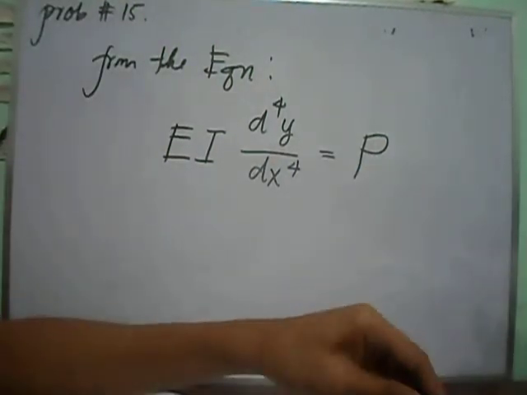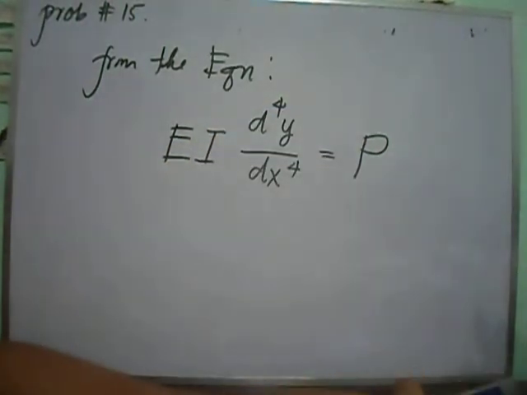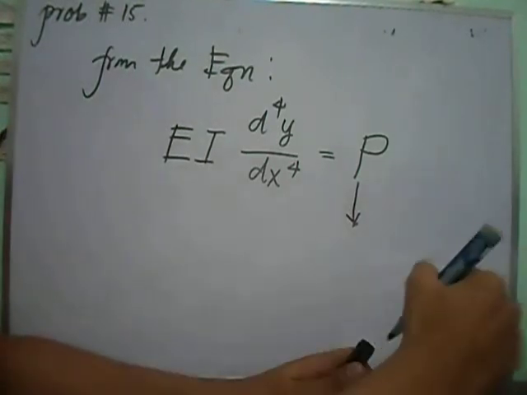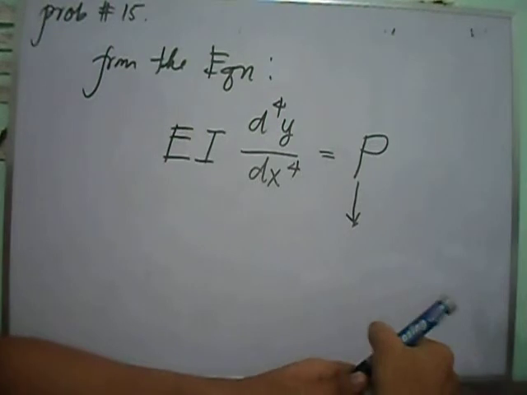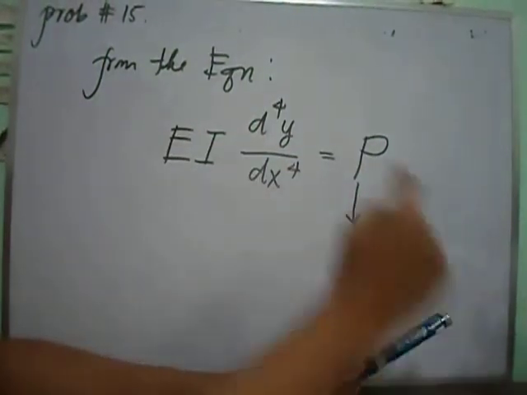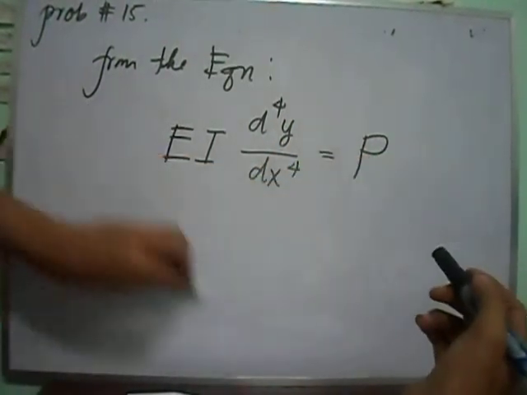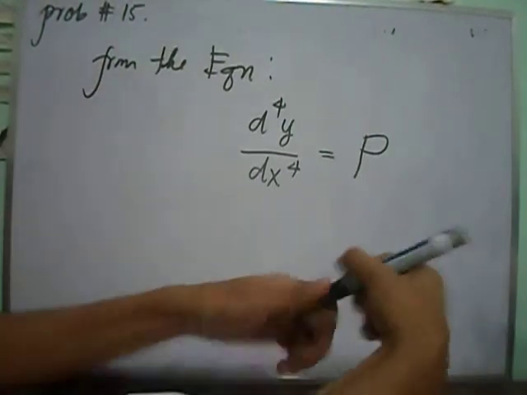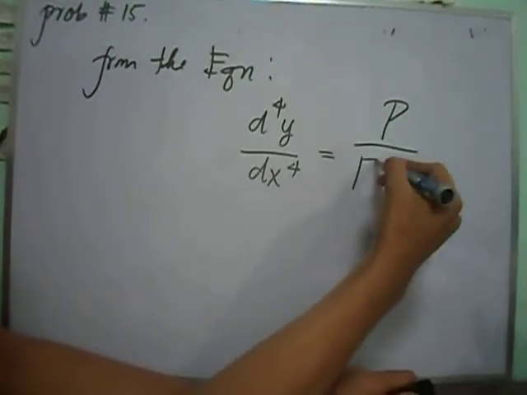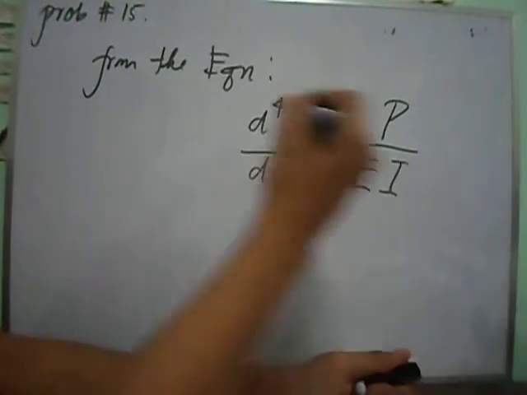Since this is just an ordinary differential equation of higher degree, we can use the undetermined coefficient method to solve it, or simply integrate it 4 times successively to get the solution, which is y. If we divide both sides by E times I, we get for the next equation P over E times I. Now, if we integrate this 4 times,